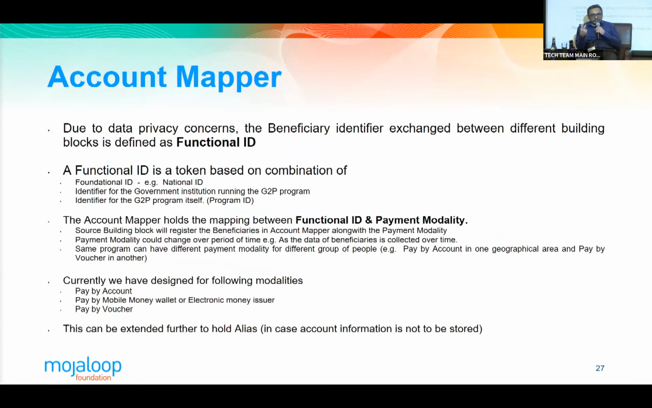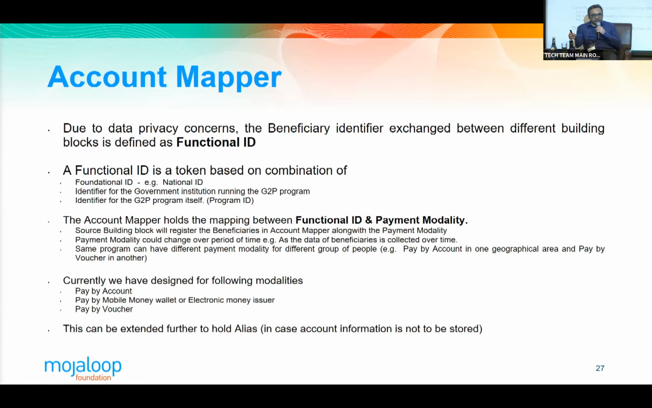And you can think of functional ID as a token which is composed of some sort of foundational ID. So a person can have a national ID, which is their foundational ID, but that is some private data which does not need to travel across all the systems and reside everywhere. So that foundational ID is part of the identity building block, and combining that foundational ID along with the identifier of which government institution is carrying out the disbursement and what is the program for which they are carrying out the disbursement, essentially, if we combine all these elements, it forms a token which represents a particular beneficiary of